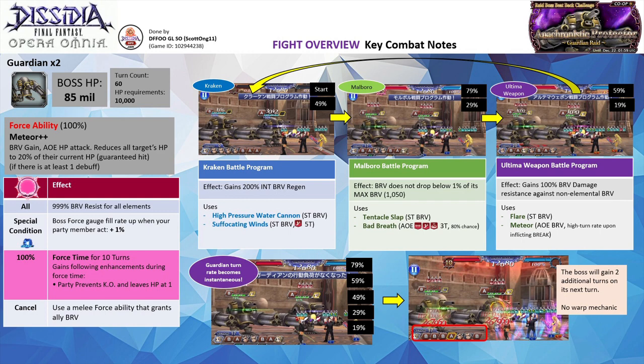When the orb is green, it is in Marlboro mode. The boss will enter this mode at the 79% and 29% HP thresholds. The mode will last until the boss changes its mode. While in this mode, the boss will gain an effect that its Brave cannot drop below 1% of its max Brave. It will use Tentacle Slap, a single target Brave attack,